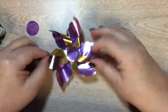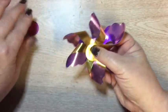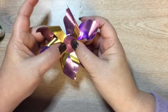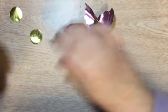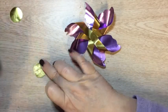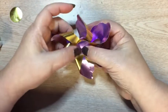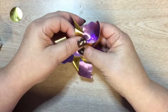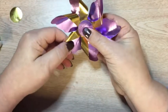Now I have an option here of choosing the purple, the gold, or I also cut out a pink. And I think I'm just going to go with the purple. And these are all from the Princess Pack of Rinea Foil. Line all that up and adjust my petals a little bit,